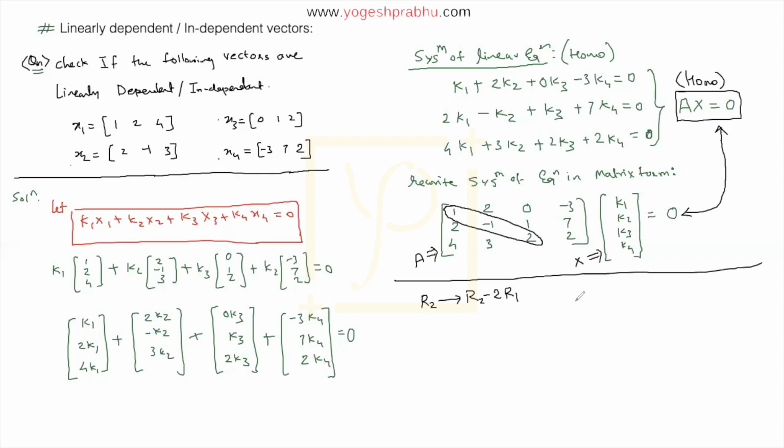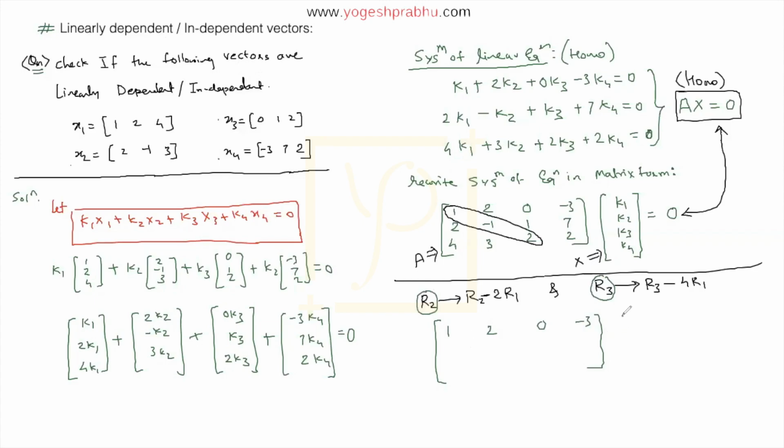Okay. Now, the same goes for the second one, and the other operation will be for R3. R3 means row 3. For row 3, you will do R3 minus 4 times R1. So this is minus 4 times R1. Okay. So now, while solving this question, just see how the values are. First, let me write down this whole thing. 1, 2, 0, minus 3 is R1, or the first row. This won't change at all. We are only changing R2 and we are changing R3. So the next 2 rows will change.